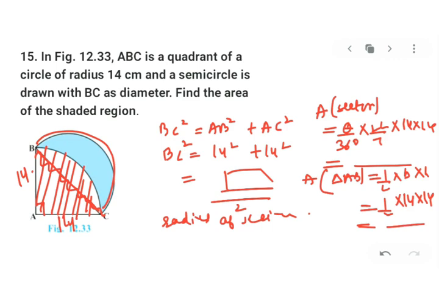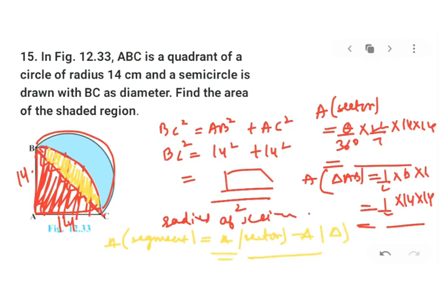Once you got these both, what you will do is you will subtract and you will get एरिया ऑफ सेक्टर में से अगर आप ट्रायंगल सब्ट्रैक्ट कर रहे हो तो आपके पास जहाँ पे मैं येलो मार्क कर रही हूँ वो रीजन की एरिया आ जाएगी. ठीक है, अब वो रीजन की एरिया आप बोल सकते हो एरिया ऑफ सेगमेंट. तो जैसे ही एरिया ऑफ सेगमेंट आएगा, what it will be, area of sector minus area of triangle. Am I correct with this? So you will get area of segment, which is of yellow part.